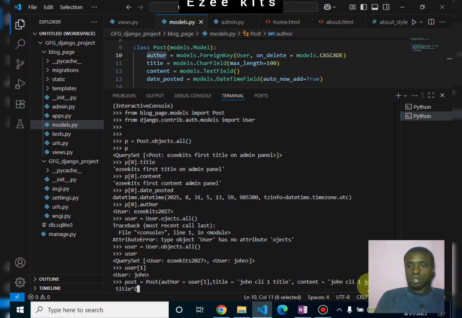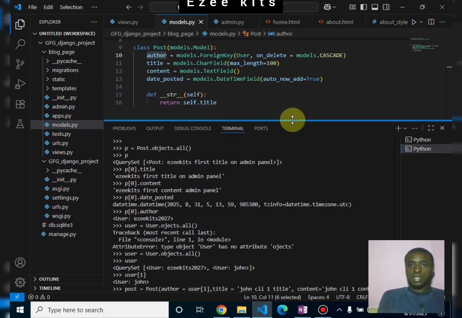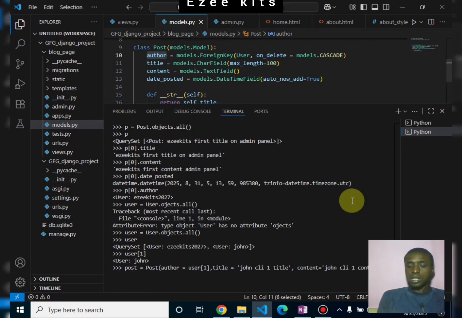Simple as that. I think the date posted is going to be auto generated by itself. So I think that is it. So we're going to